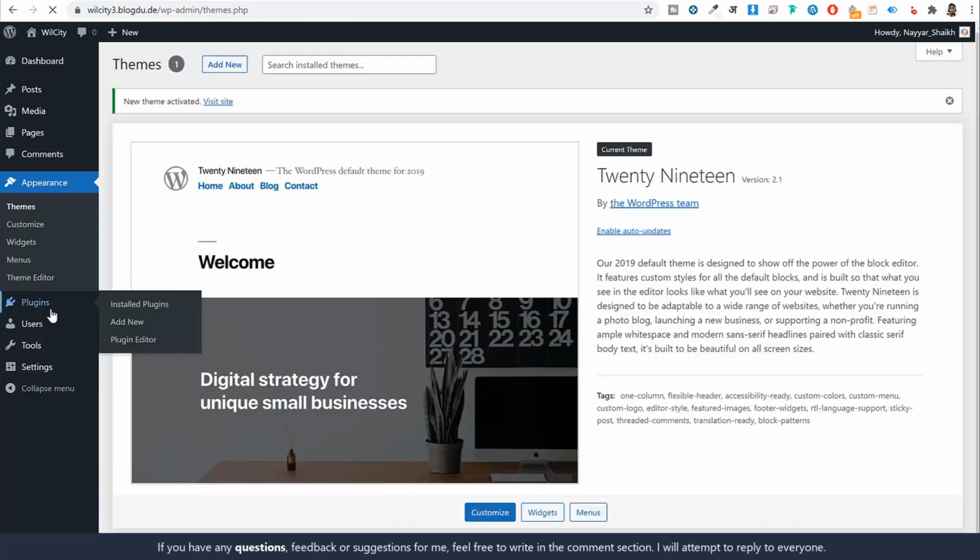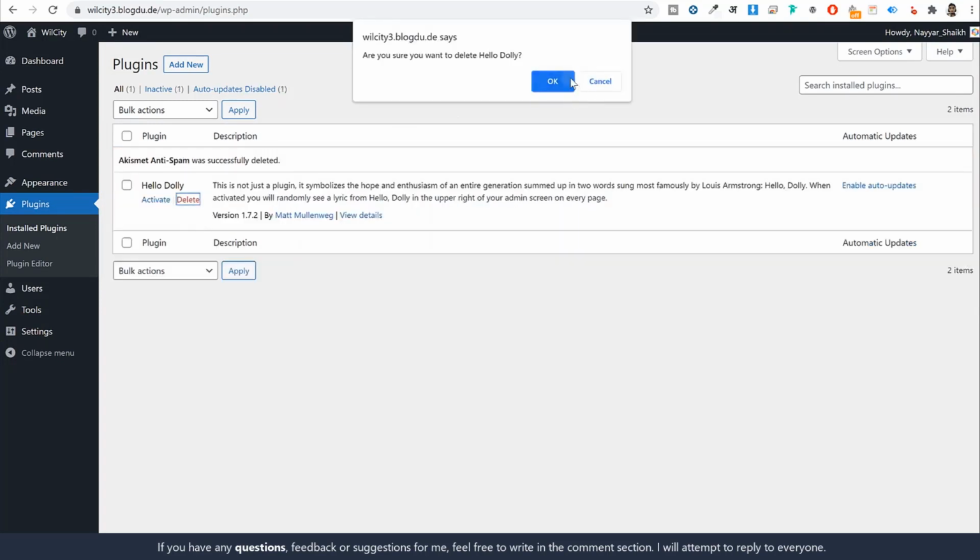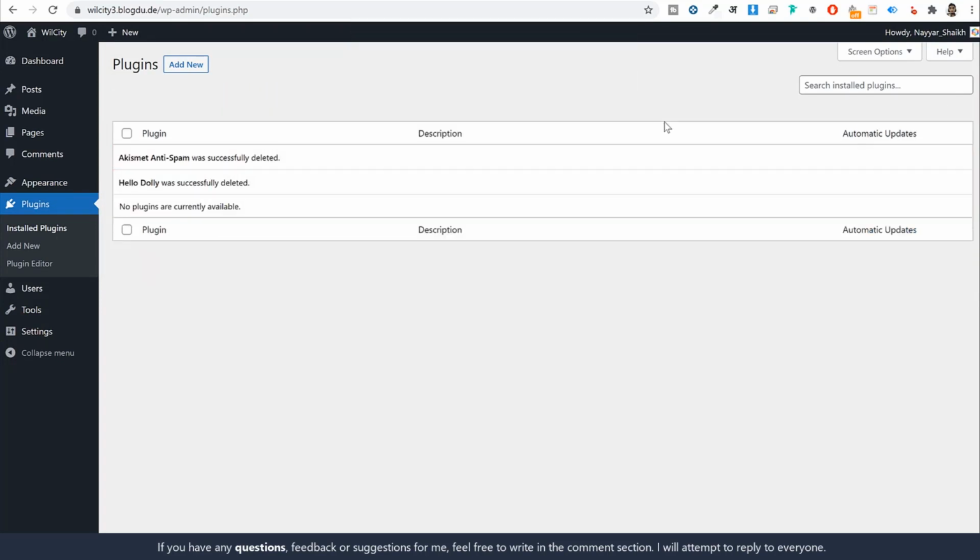Then we have the plugins option. So click on plugins. Over here also you'll see a few extra plugins will be given to you. I would recommend you to just delete them. Now what is a plugin? A plugin is basically a kind of software or add-on that will add some extra features and functionalities to